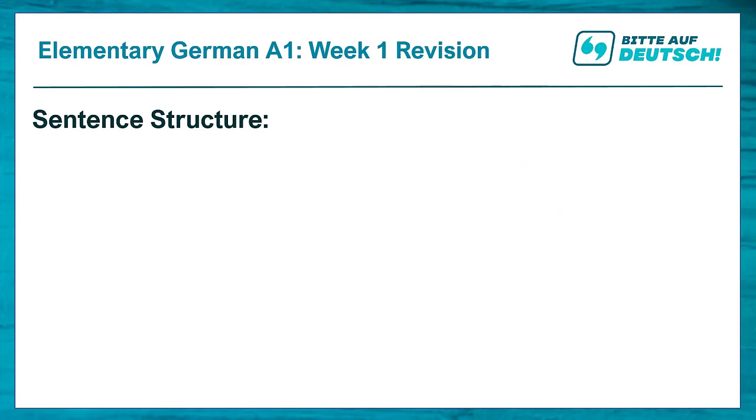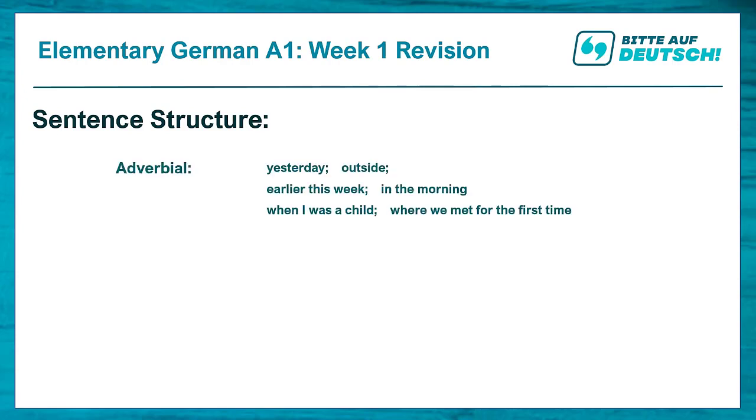And here is where it gets really tricky, because as soon as we add a type of adverbial to a German sentence, usually it changes the rest of the sentence structure quite significantly. Adverbials, for example, can be adverbials of time or adverbials of place, meaning some sort of specification where the action described in the sentence is taking place or when it is taking place. Examples in English would be, for example, yesterday as a typical adverbial of time, or outside as a typical adverbial of place. Adverbials can be single